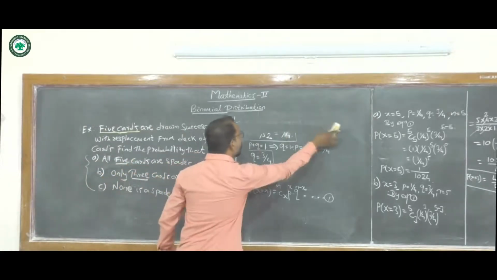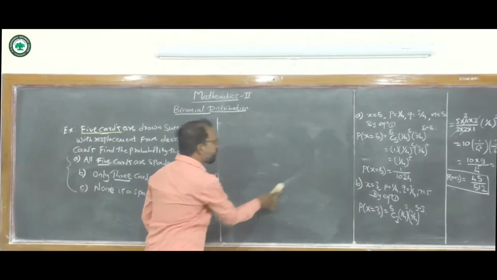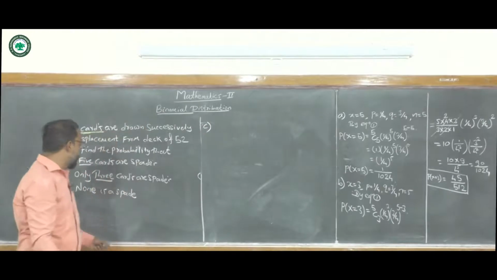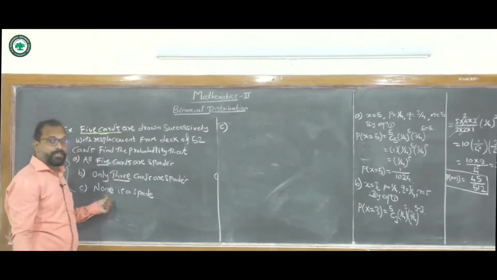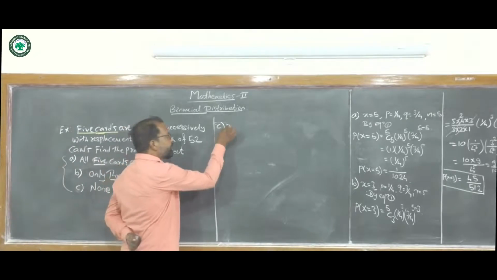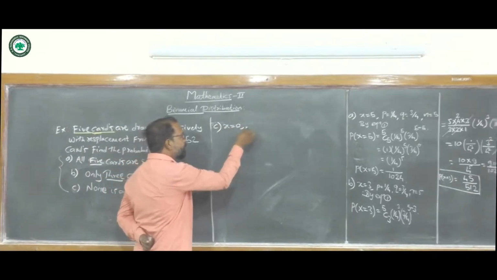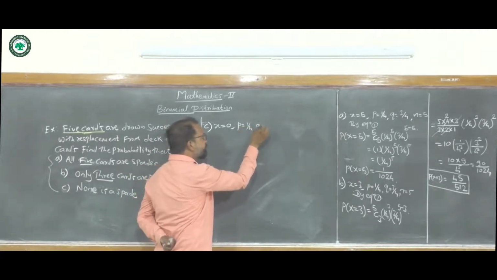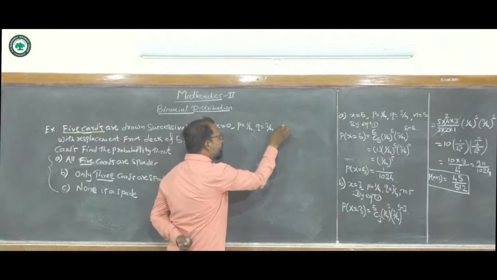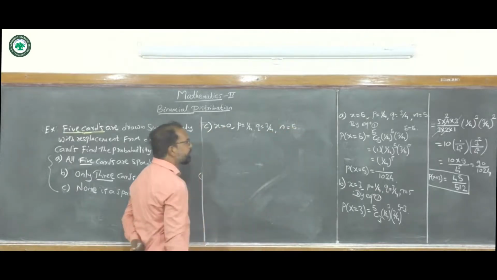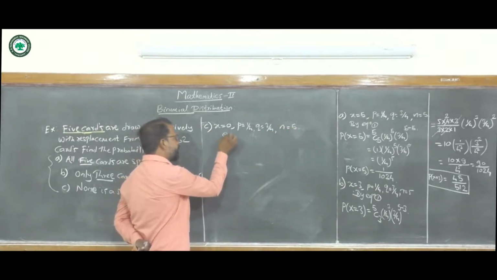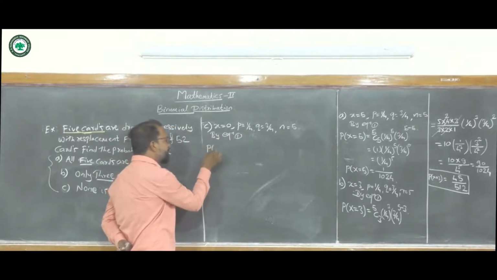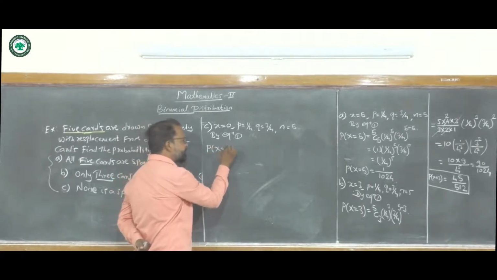So here we see the part C. Now in C we have to find the probability that none is a spade card, that is x equals 0. Again p equals 1 by 4, q equals 3 by 4, and n equals 5. Now putting the values in equation 1, therefore by equation 1 we can write probability of x equals 0